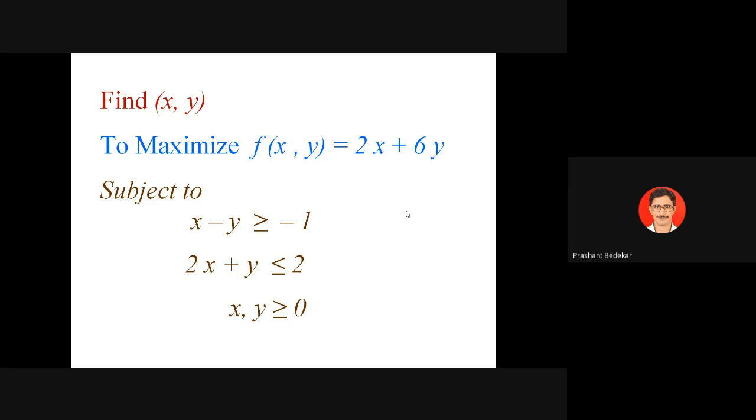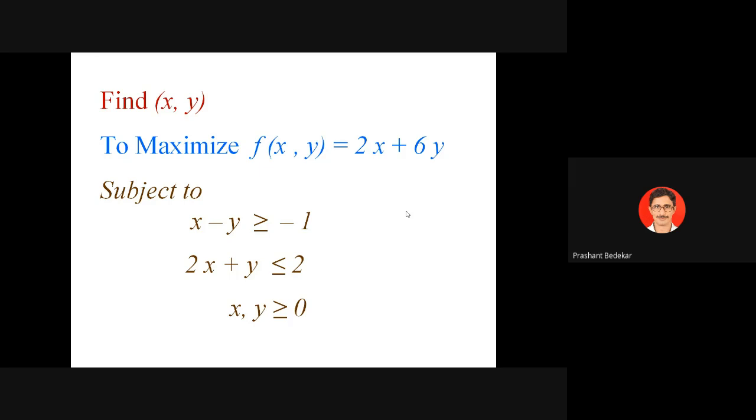Once I convert it into minimization, I will not call it f, because f is 2x plus 6y. So minus 2x minus 6y cannot be f again. I'll use some other representation. Let's say z. Z is equal to minus 2x minus 6y, subject to... The second thing I have to be careful about before using linprog is that I should have all inequalities